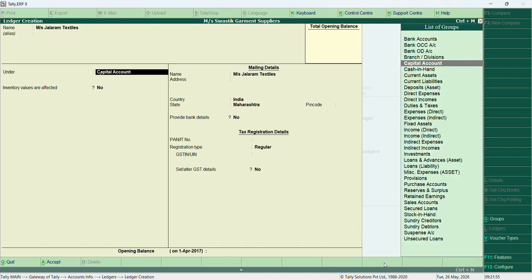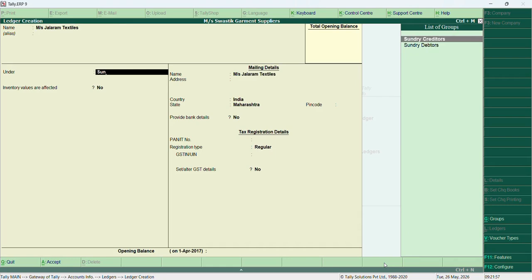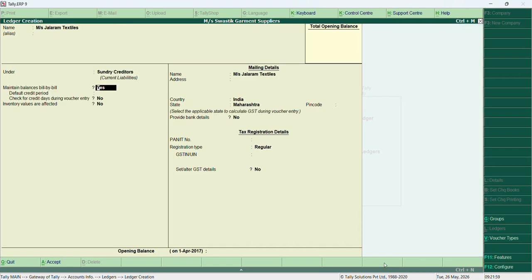Then it will be sundry creditors, since we have purchased goods from them. We don't want bill by bill balance, so it will be no. Inventory values affected, it will be yes. Then this is MS Jalaram Textiles. Then it is in the state,